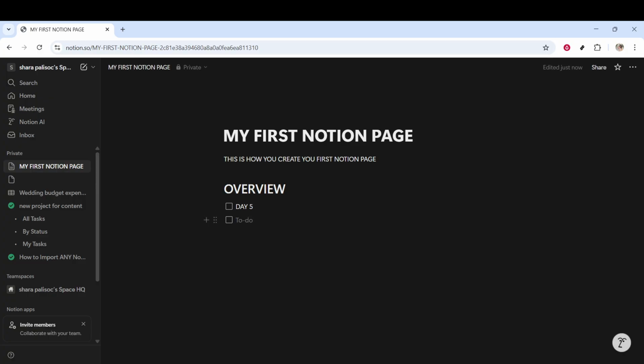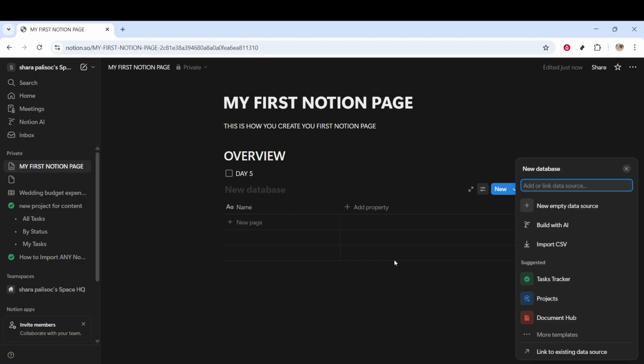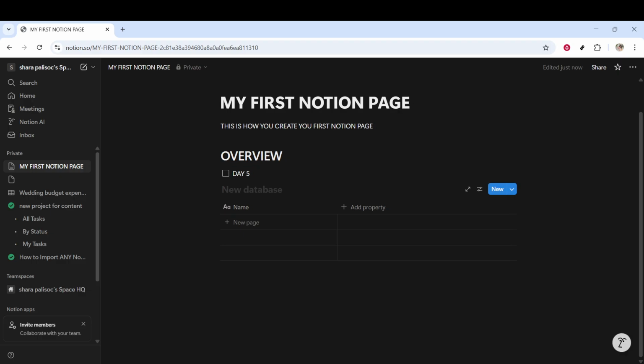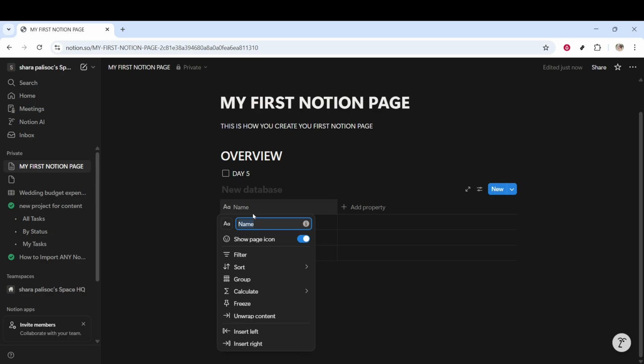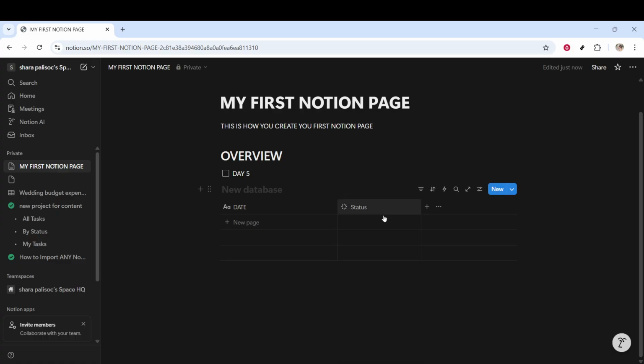Next, let's add a simple database. Type / then table, and choose table, inline. This places a table directly on your page so you can see it alongside your notes. Think of it like a flexible spreadsheet. Use it to collect tasks, notes, or ideas in one place. Click below the last row to add more entries. Each row can represent a task or an idea, and you can keep typing to quickly capture everything that comes